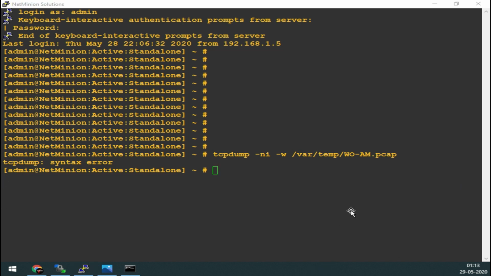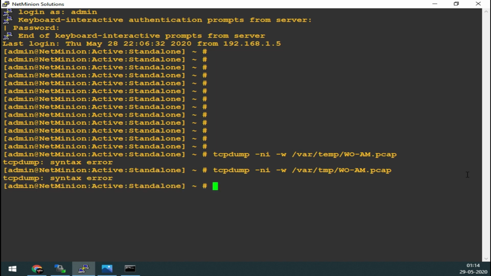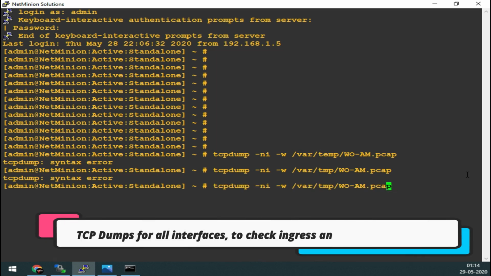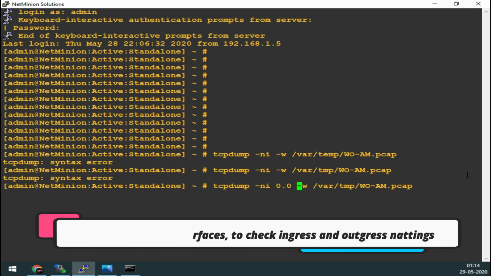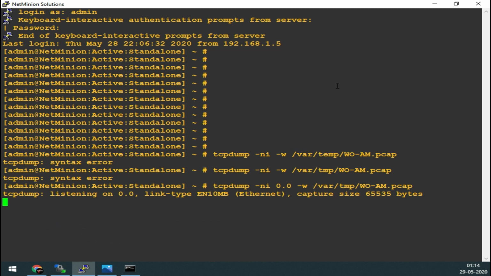So there is some kind of error. Let me check. It should be TMP, not TEMP. Again an error. So tcpdump, okay, I am not using the interface. I wanted to use all interfaces. Okay, so this time it is running and it is saving the traffic.